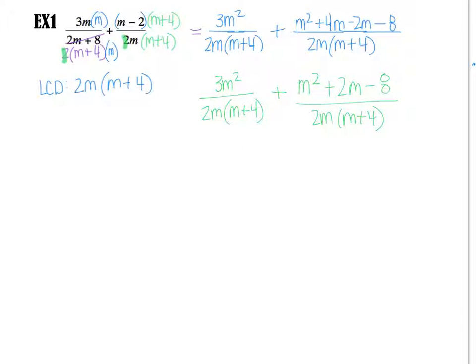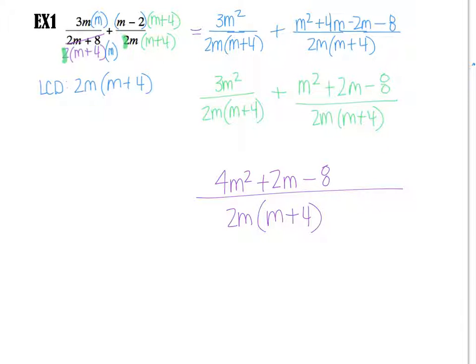So my next question is, am I adding or am I subtracting? Well, I'm adding. When I'm adding, it's nice and easy because I won't have to distribute that negative like when I'm subtracting. So now that I have that common denominator, I can combine my like terms. So it's going to be 3m squared plus m squared. So that becomes 4m squared. And then I've got plus 2m minus 8. And my common denominator